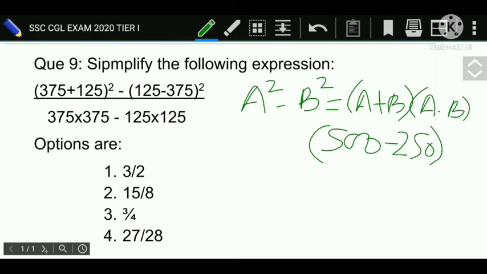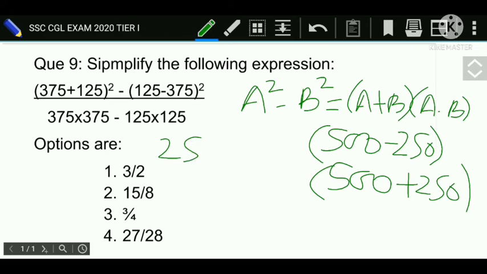A is already 500 minus minus 250, so minus minus will be plus. So this will be 250 into 750, divided by